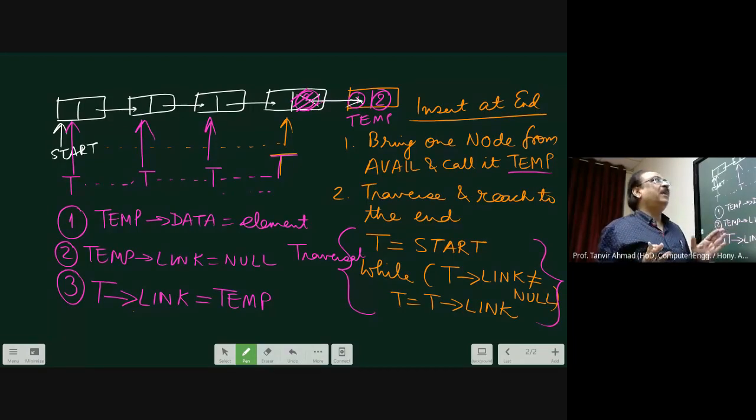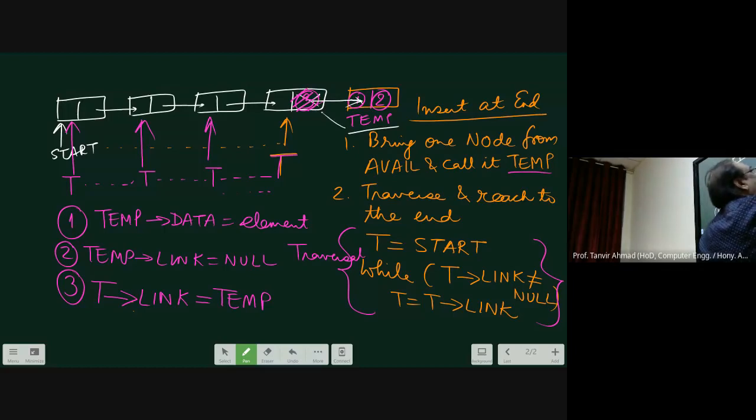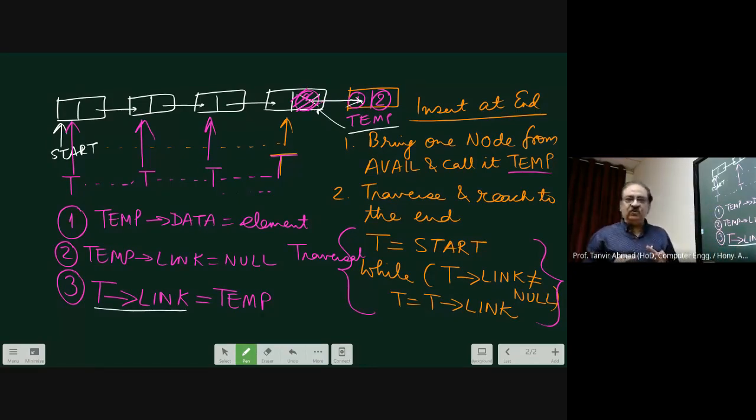The temp address is stored in the variable temp, and therefore this particular data has to be copied at this place. That part is called t of link, and the address is stored in temp. Therefore, you are going to copy temp into t of link, and by this method you will be able to join a node at the end.